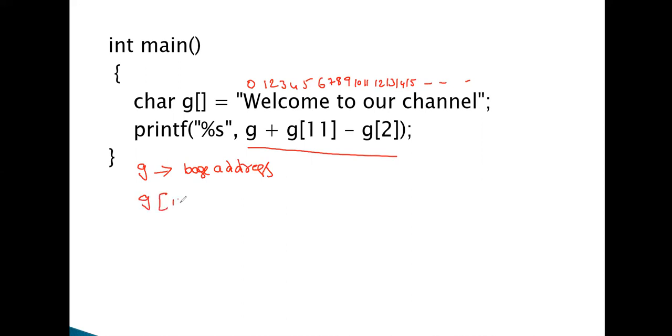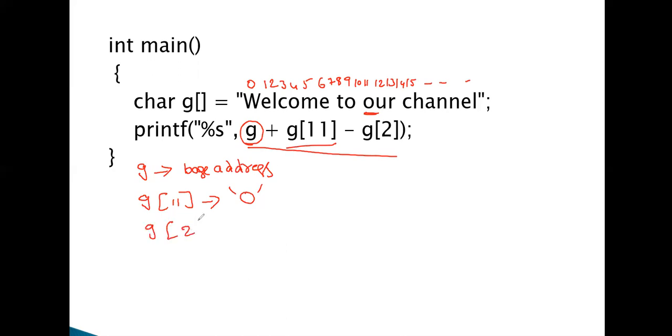g[11], what is g[11]? g[11] is the character O. So g[11] means simply the character O. Without any index, the name of the string contains the starting address. g[11] means accessing the 11th element, that is simply array accessing.